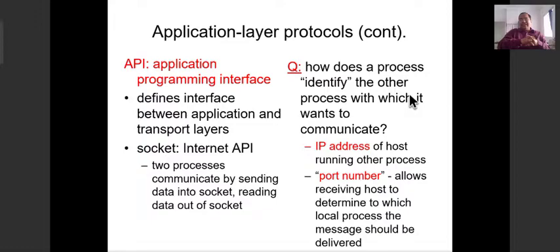So you are saying that when I am trying to deliver the message to the so-called Google server and application server process of that, I need to identify that process. So what happens in the background? That machine's IP address, the requesting process machine's, will tell me to which machine the data will be delivered.